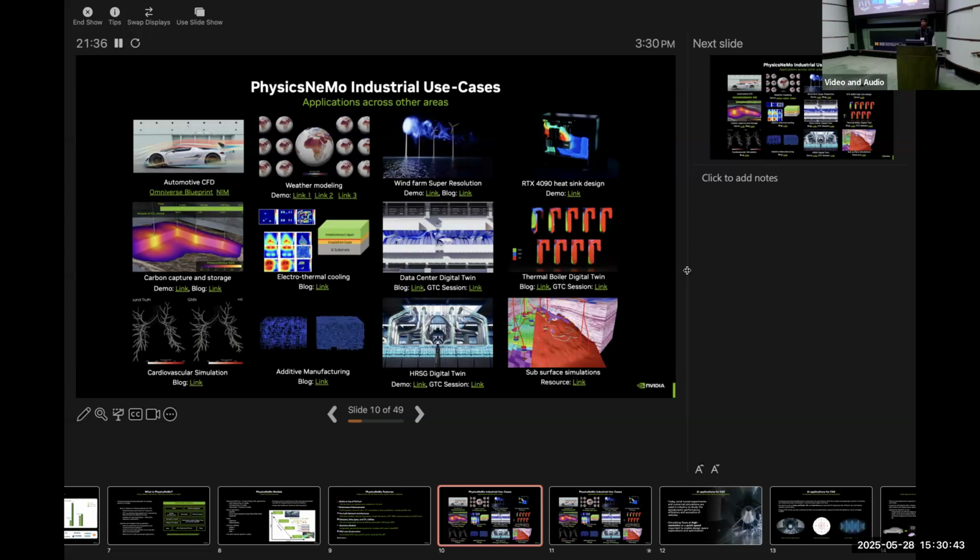We have also done some work across other domains such as heat recovery steam generators and subsurface modeling, and also some other areas such as cardiovascular simulations and additive manufacturing. This is just a summarized slide of the different areas that you could model using some of the utilities and functions from PhysicsNeMo.